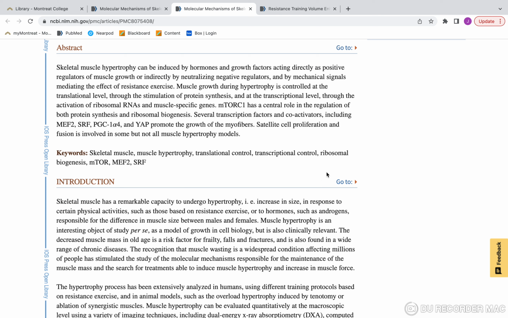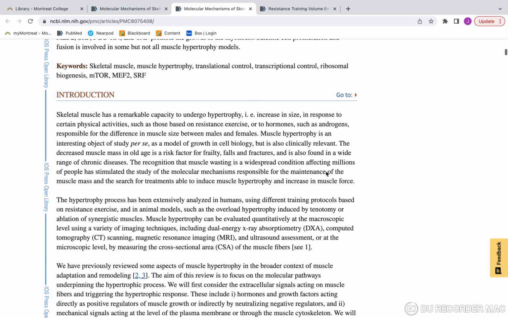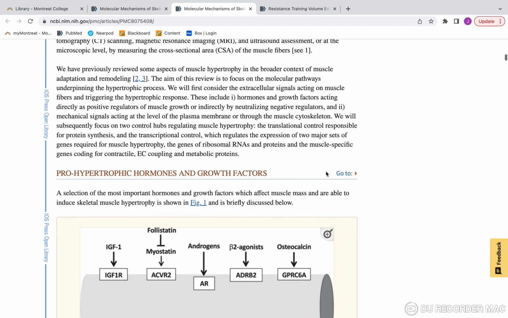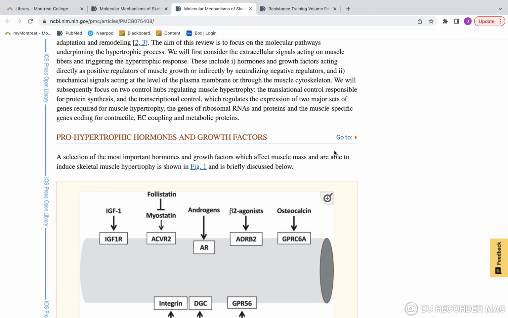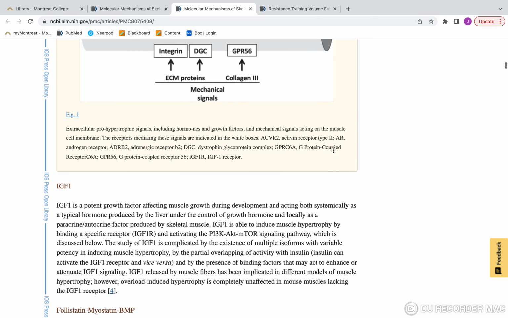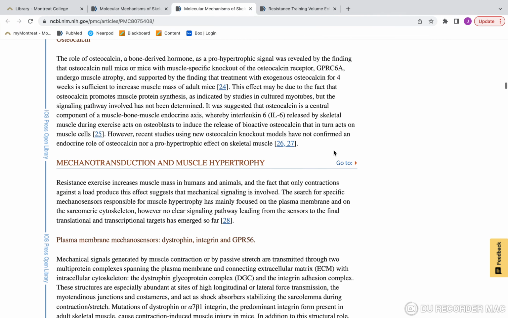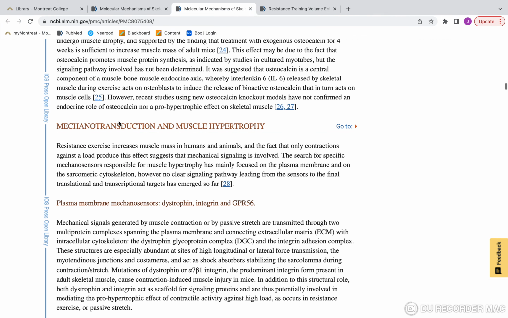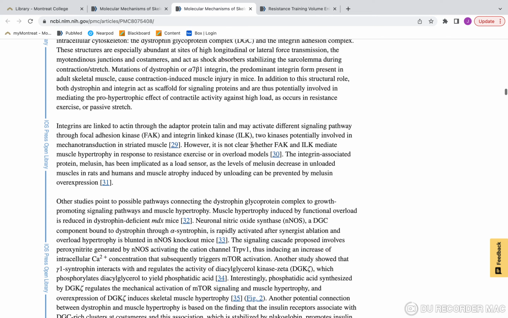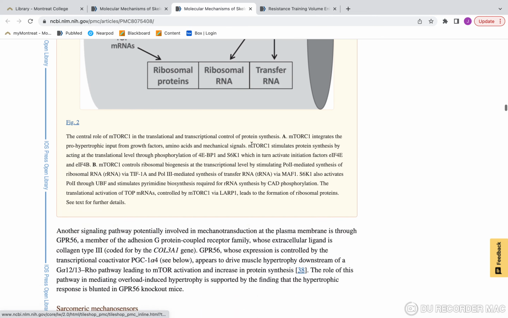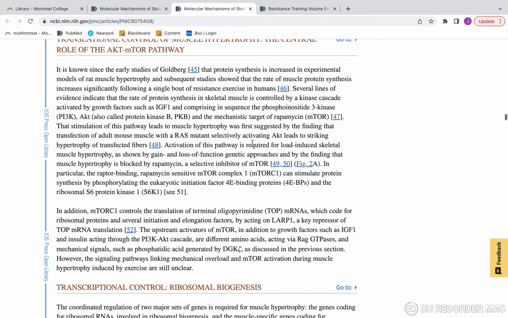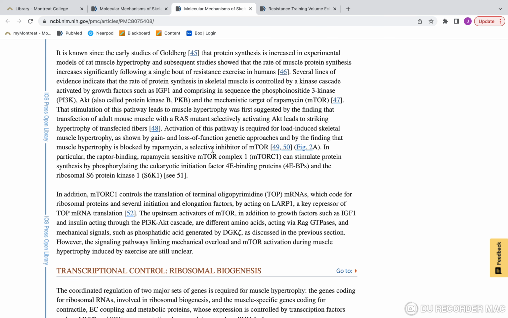There's not the same methods, results, discussion. Often what you're going to see instead is an introduction, and then subheadings about certain topics. You can see all these different things, but whatever it is, you can go read the section you're interested in, or you can read the whole thing.